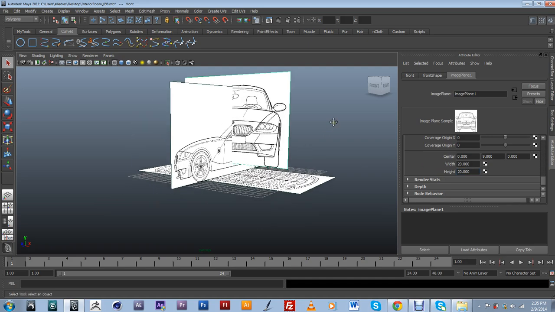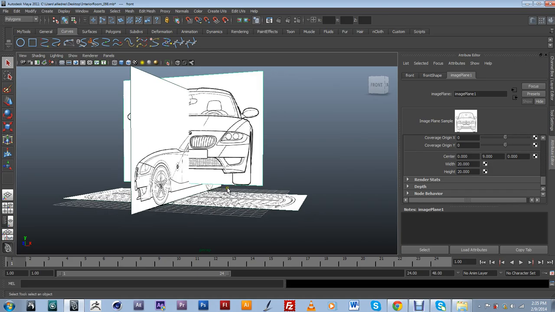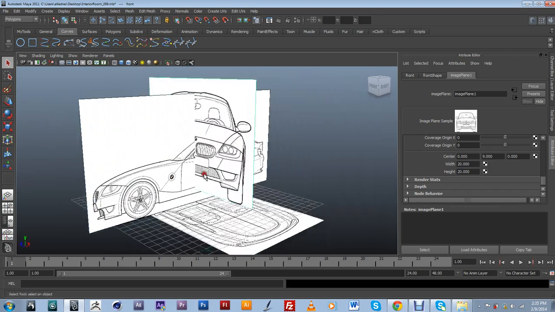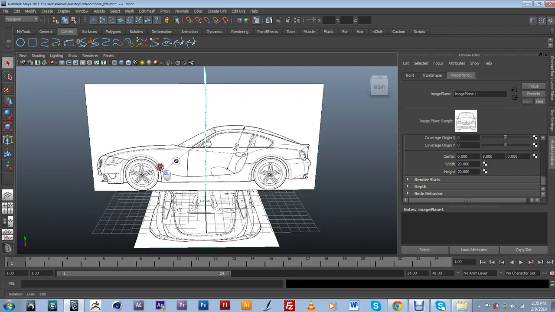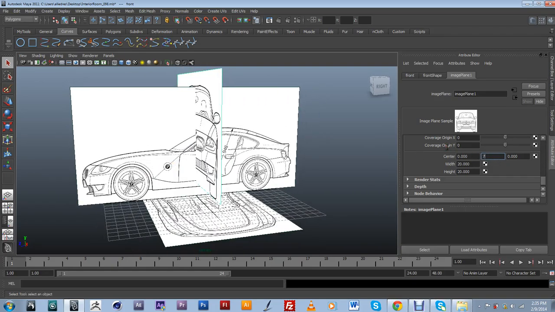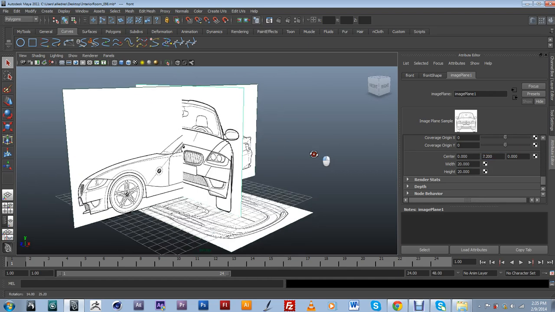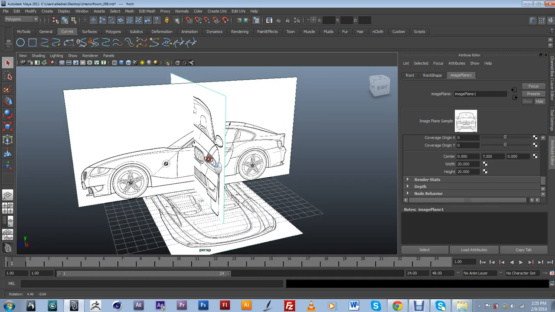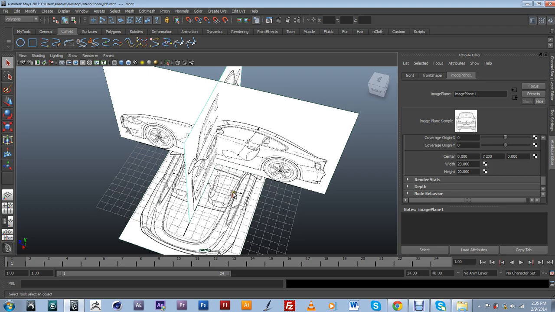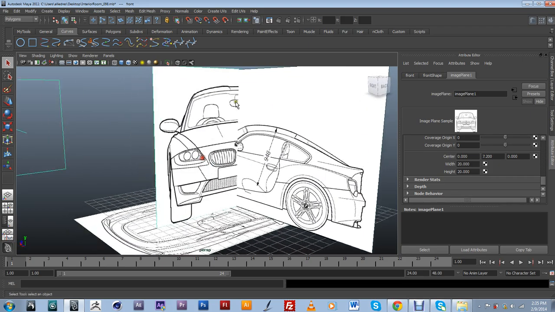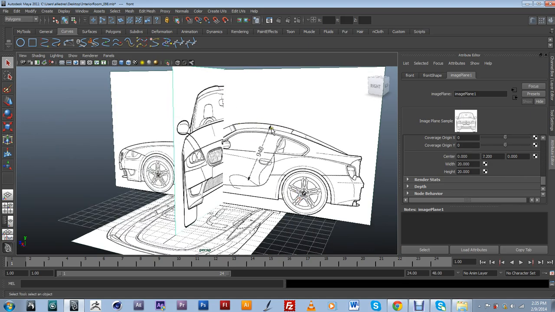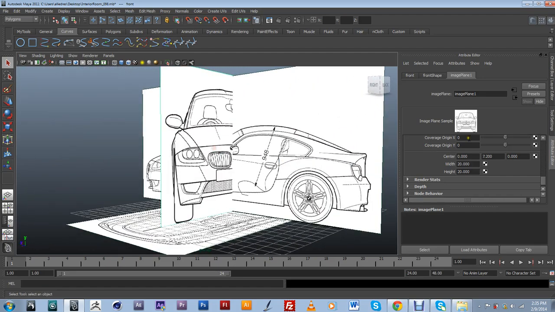And the width is kind of doing most of the scaling work. But again, I want to make sure that it's proportional to what the side viewport is doing. So I'm going to need to move this around a little bit to make sure that it's matching. So I might want to move this image plane a little bit back so I can make a contrast between the highest point in my front viewport and the highest point on my side viewport, and that way making sure that it's proportional. So again, I need to scale this down a little bit more,